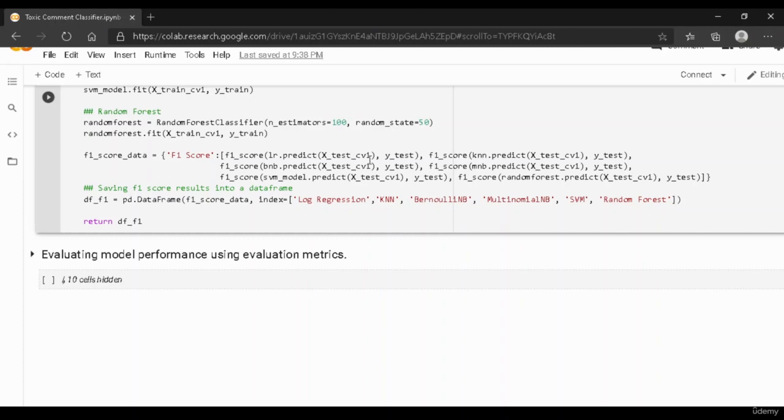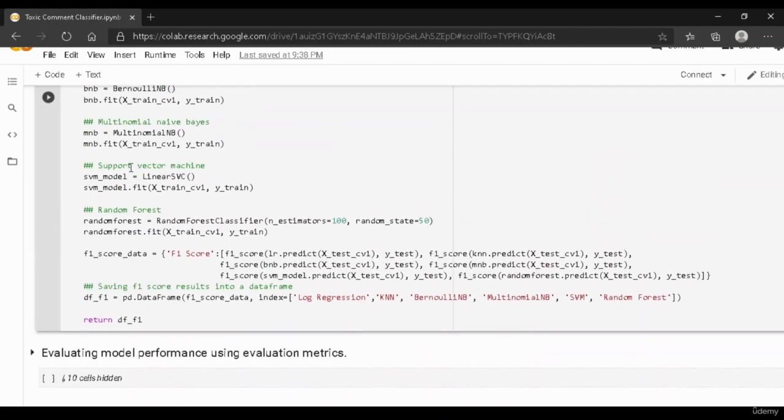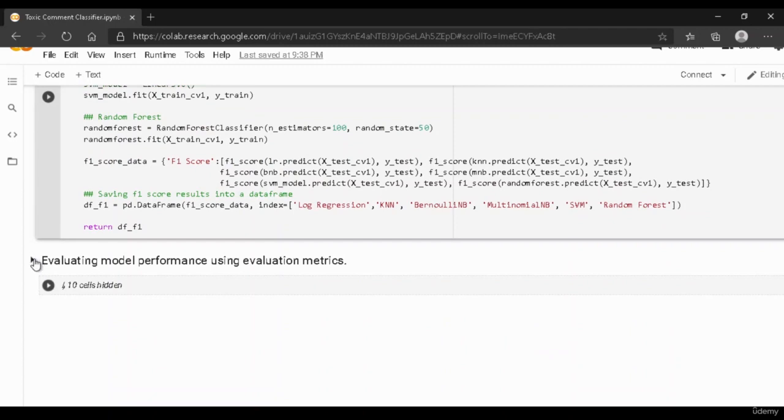Basically we are going to use this F1 score to evaluate how all these models perform. The F1 score is also called the F measure, and it conveys the balance between precision and recall. Then we have put the F1 scores into a data frame, and in that data frame we have the F1 scores of all these models. Let us run this,